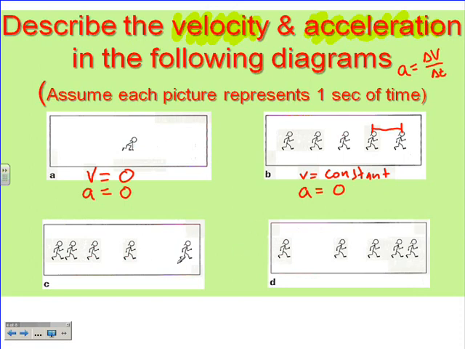Let's take a look at picture C and picture D now, because these get a little bit more complex to analyze. So I'm going to take this and scoot it up to the top so it gets out of the way. All right, picture C and picture D. We said that in picture C, it looks like she's speeding up. She keeps going a farther displacement in each consecutive time interval. And if we want to illustrate that point